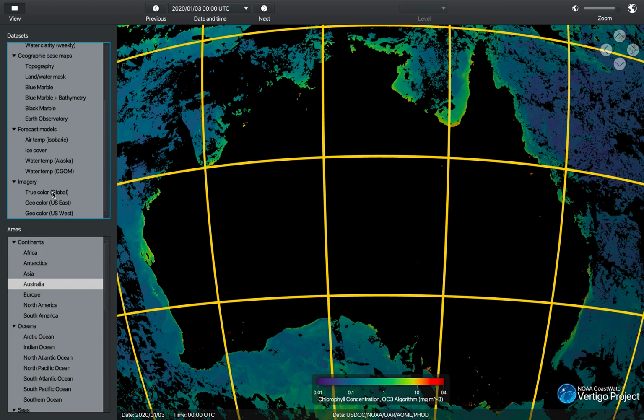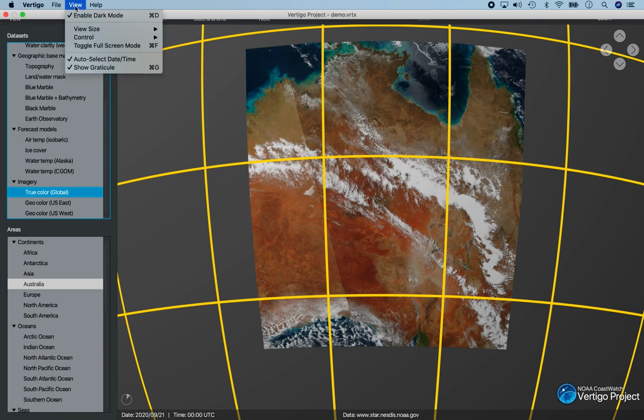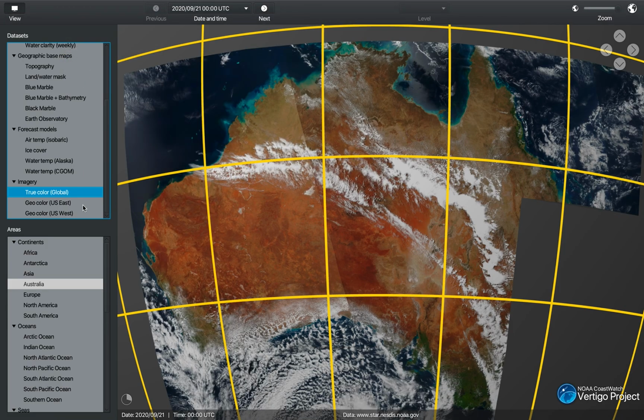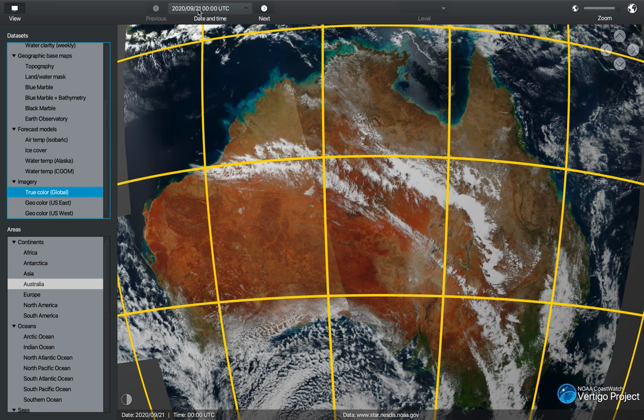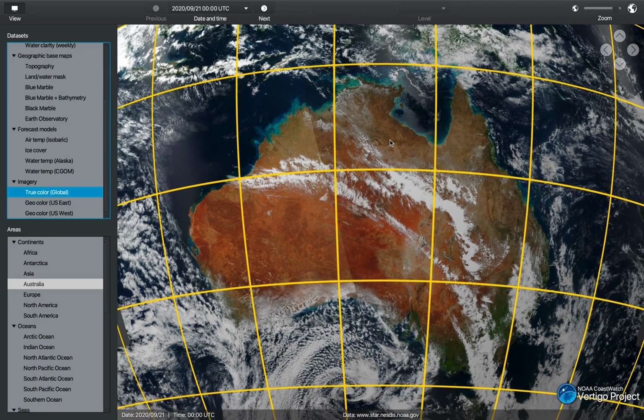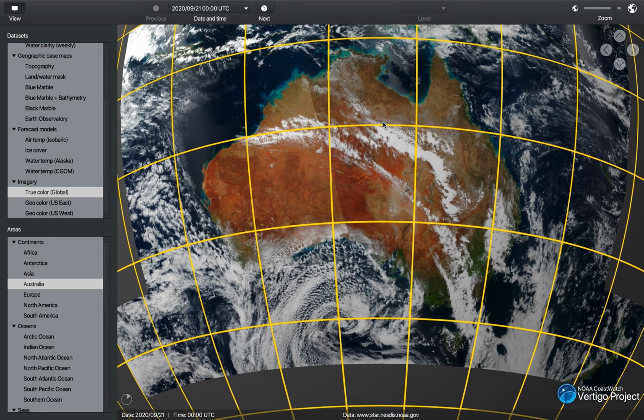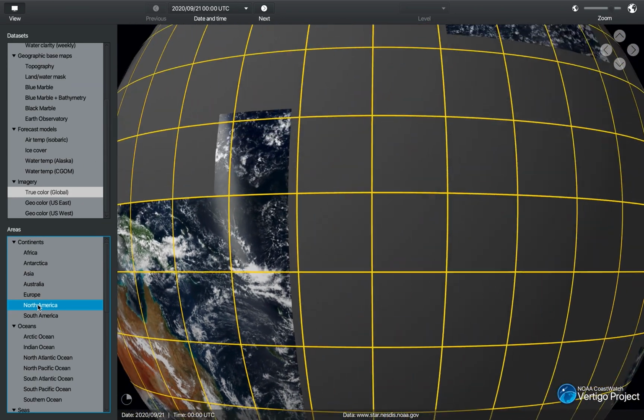Oh, let's take a look quickly at the imagery. I'm just going to turn off that auto select date time. This is back in, what is that, 09, September. And true color, I think it's coming from NOAA 20 of Australia. I always like looking at Australia because it's so beautiful. Colors. We also have, if we take a look at North America,